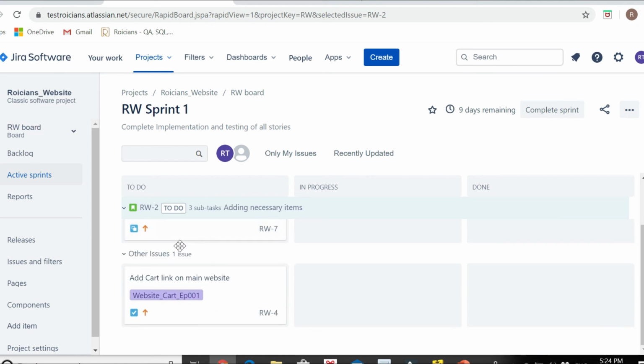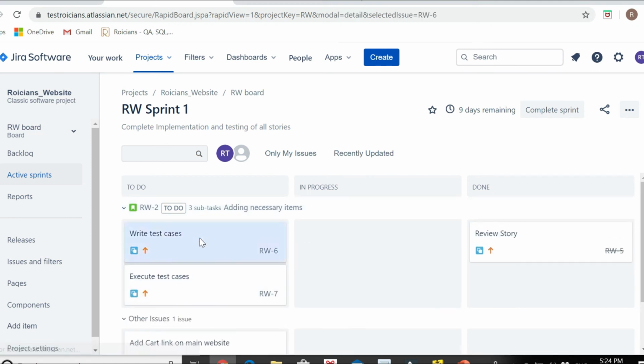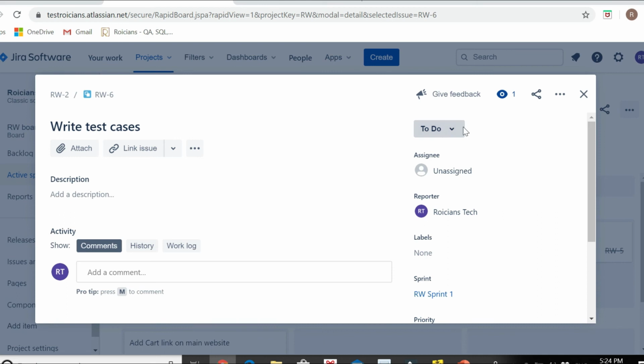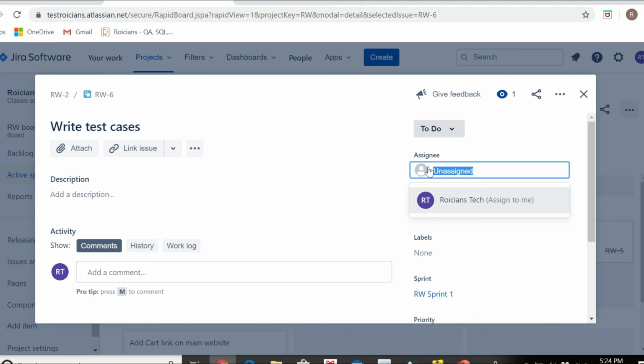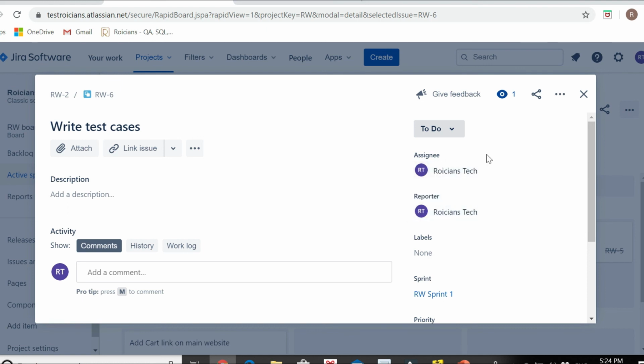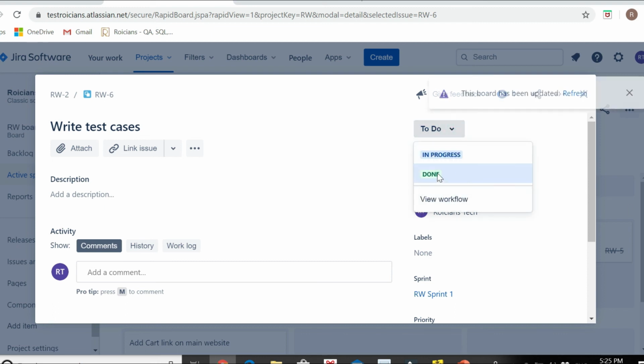Now if you start writing the test cases, I'll double click on it. Again, guys, you can change things accordingly. Let's say I want to assign the writing test case subtask to someone. I can click on assign. You will get a list of all the team members working on this project, and we can assign it accordingly. Mostly it is done by the lead. So let's say it is assigned to me. I set the assignee as my name. Accordingly we can choose it, and you can change the status from here.